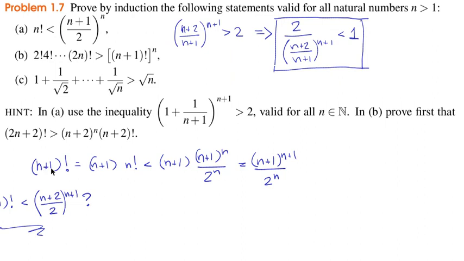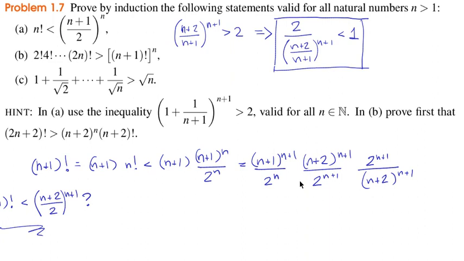But as you can see here, n plus 1 factorial is smaller than n plus 1 to the n plus 1 over 2 to the n. So we don't have any expression somehow like n plus 2. Okay, so what I'm going to do, and this is kind of like an old trick, is to just multiply everything by this: n plus 2 to the n plus 1, 2 to the n plus 1, and then divide it by it. Okay, so if you multiply and divide an expression by the same number, you will have the same expression, right? Unless it's 0. You can't do that with 0, but we know this is not 0. Okay, so in this case what we have is